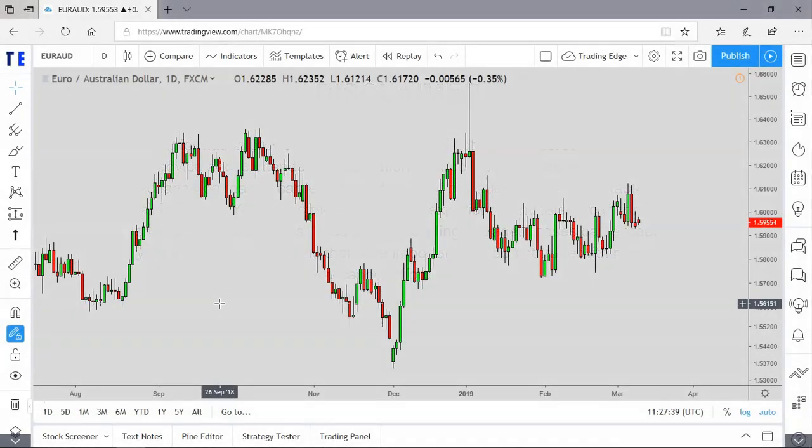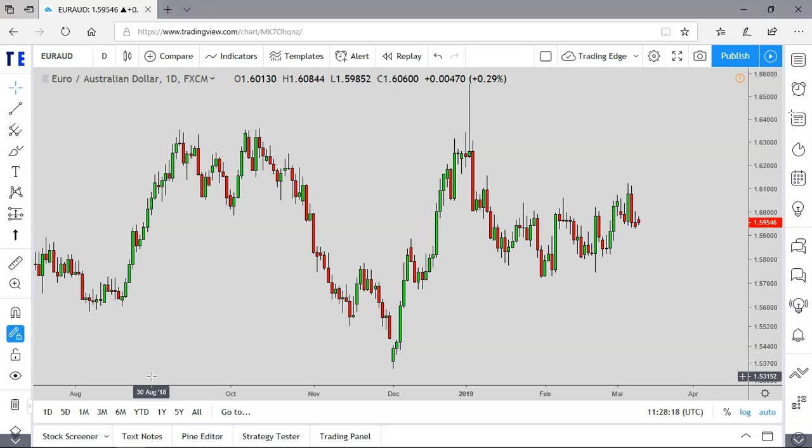So we're going to be talking about support and resistance and how you can actually use it in your trading. Now, support and resistance is key to building a strategy that's based on technical analysis. Knowing how to properly use support and resistance can be the difference between a profitable and a losing trading strategy. Because we want to give ourselves the highest probability of success with our strategy,